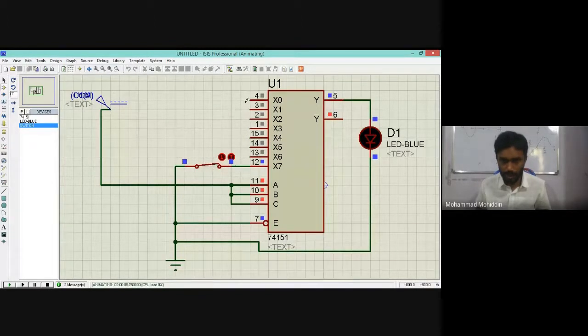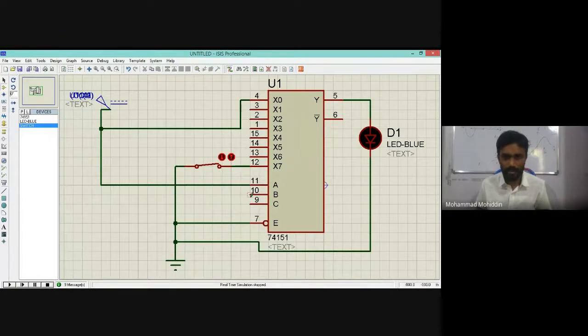Exactly. So it doesn't matter with this X0. You see, X0 you change, doesn't change. It doesn't change. It is not on. You see, because selection line 7 is connected. Now another selection line, any one of you say. Shall I make 1, 0, 1? This is 1. Okay, this is ground 0.